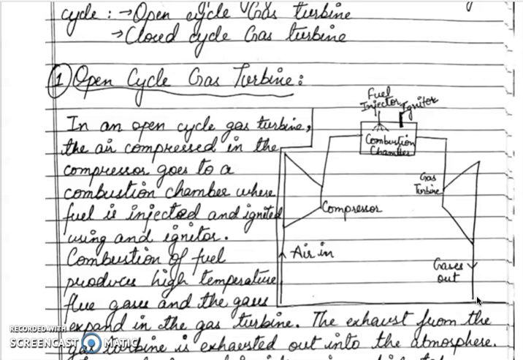The air which is exhausted is not circulated in the cycle further. For the next cycle, fresh air is taken from the atmosphere only, and hence this cycle is an open one in which the loop is not completed, hence it is known as open. So we can also say that it's not a cycle, it's taking fresh air in every next run.